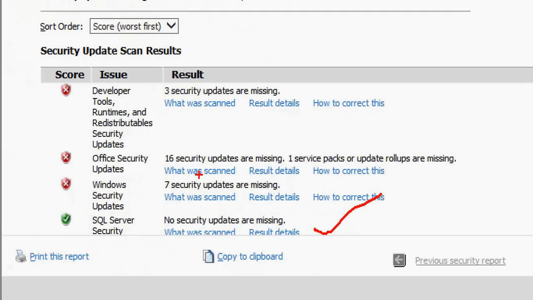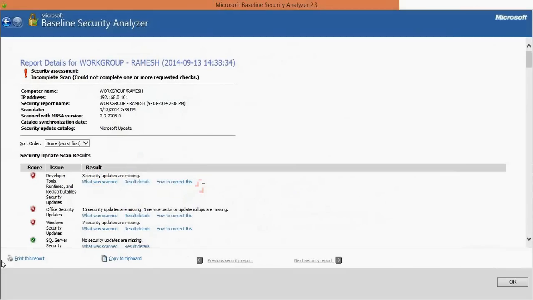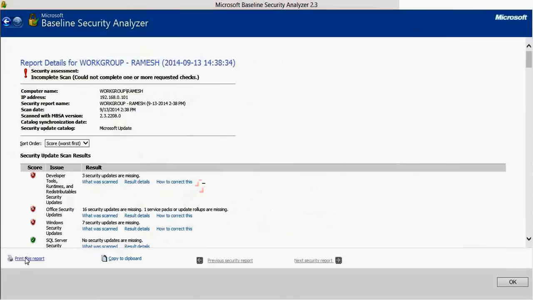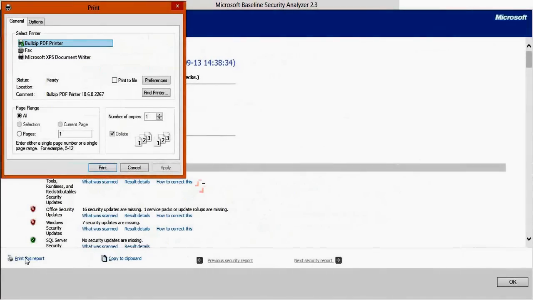It just thinks that my laptop is upgraded from Windows 7 to 8, so it is blindly searching for Windows 7 missing updates. You can ignore it. Microsoft Office, ignore it. Developer tools, you can ignore it. Okay, and just print this report and give it to your manager, saying that our servers are secure as per Microsoft standards.